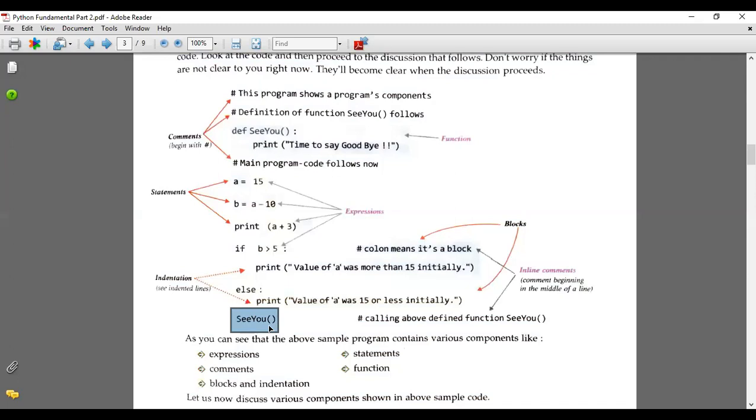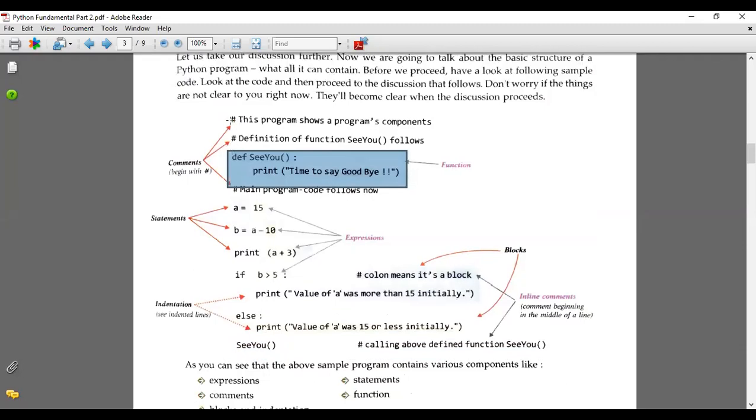And then cu is a part of a function. Cu is written here, and cu is written at the end also. This cu is a calling part, which means this part will call the definition of the function. Whenever a function is called, it goes to the called function, meaning the definition of the function. That's why one comment is written here: calling above defined function cu, meaning this is used to call the function defined above at the top.